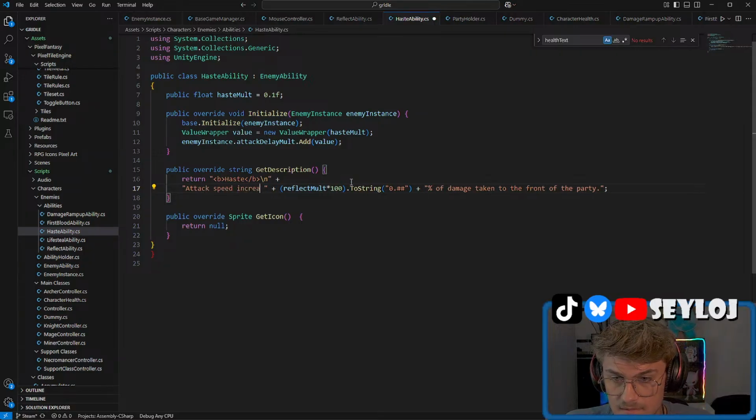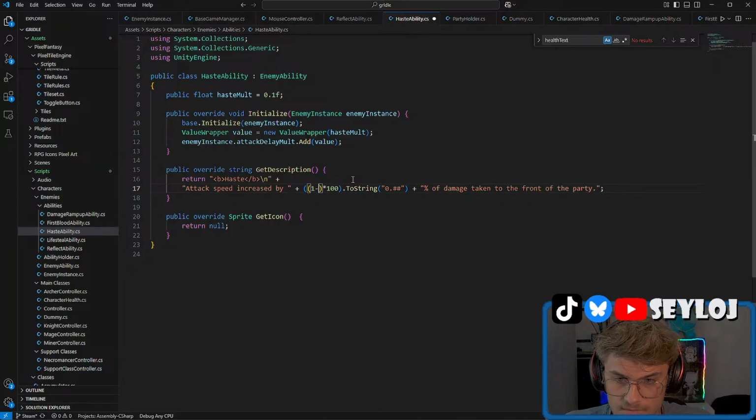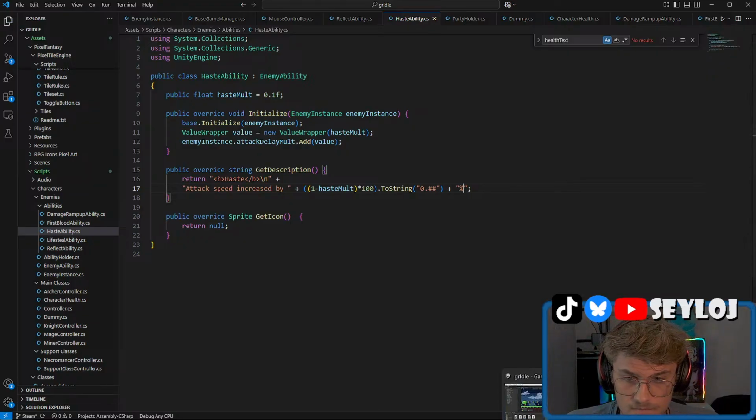Attack speed increased by, what would it be? It would be 1 minus that. 1 minus haste mult, right? Like if we do 0.9, yeah. There. It's kind of a boring one, but